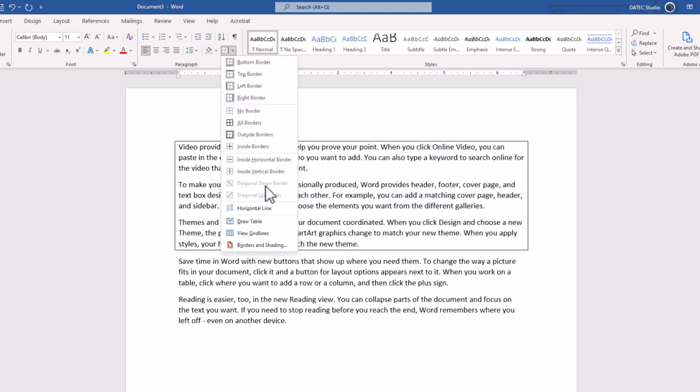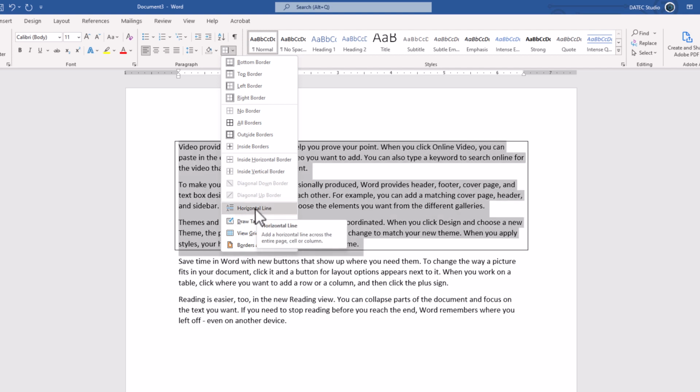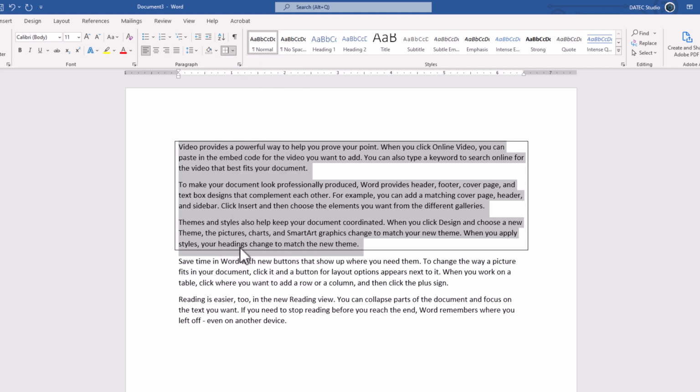For text, we don't have diagonal. Vertical is not going to work even if you have columns in some situations, or wrap text you could only apply. I mentioned before about horizontal line. And in the borders and shadings,